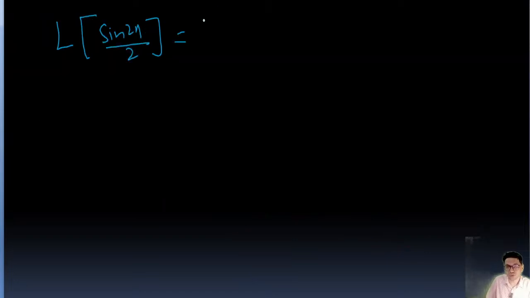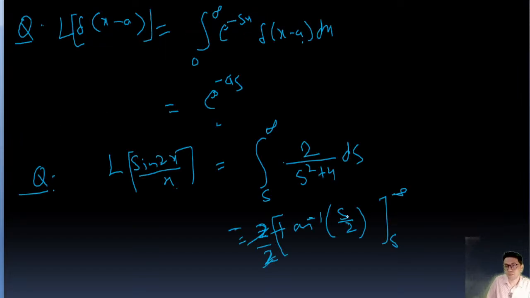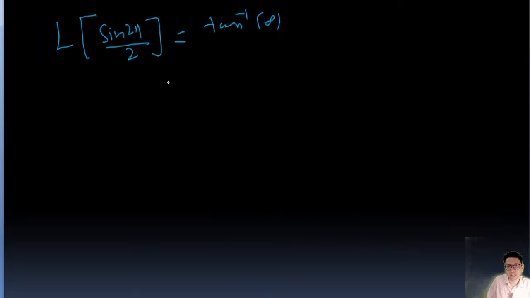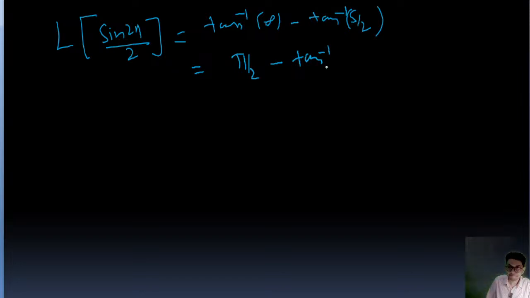We'll put the value, so this is tan inverse infinity minus tan inverse s by 2. The value of tan inverse infinity is pi by 2, so it is pi by 2 minus tan inverse s by 2, and this value is cot inverse s by 2. This I have already explained. Well, now this is the question. Next question is